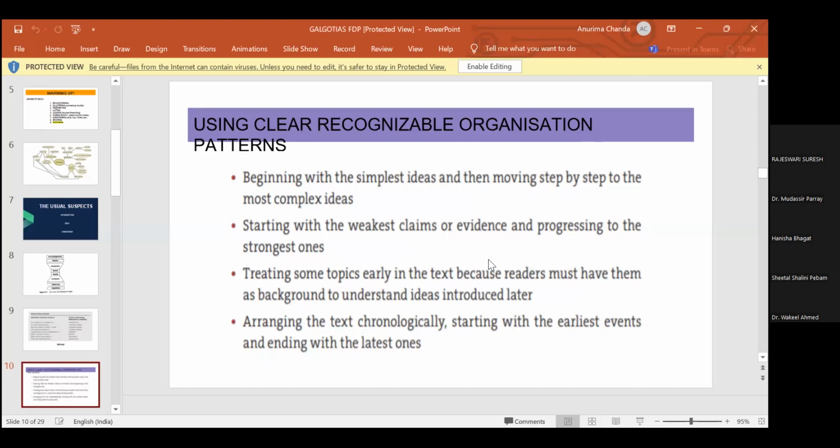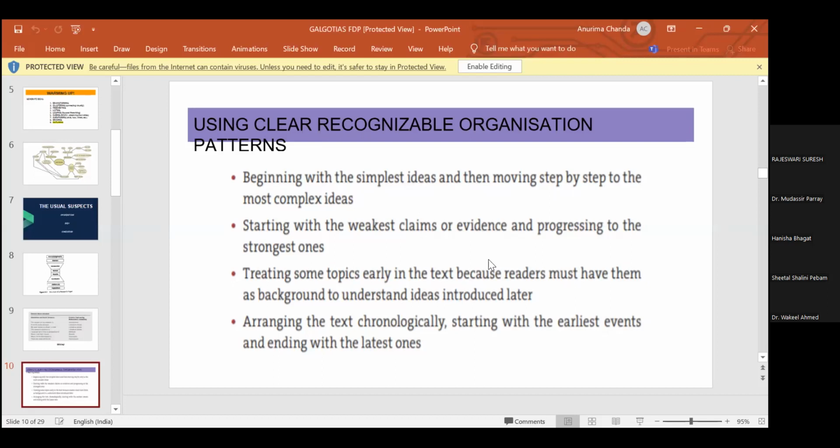of organization. You begin with a simple idea, you move to the complex ideas. You begin with the weakest claims and then you move to the strongest claims. They seem so basic, but these are things most people, I don't know about all of you, but I used to really struggle with understanding. We did have research methodology classes, and we had our introduction to writing itself. It was very, very daunting. So these are very, very basic, but they help you enter into this conversation.